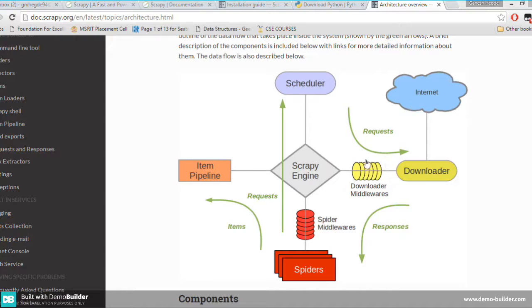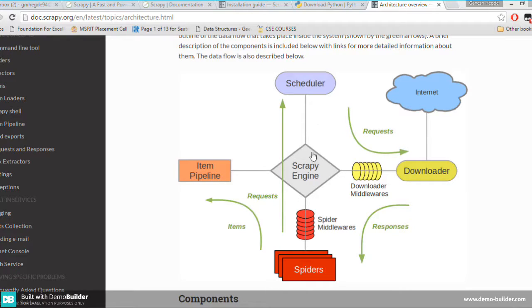The downloader middleware sits between the Scrapy engine and the downloader. The downloader downloads that web page from the internet. These are the HTML code, and the downloader gives it back to the spiders. The spiders may then give items to the item pipeline, and the next request goes to the scheduler, which schedules the next one and downloads the next HTML page.